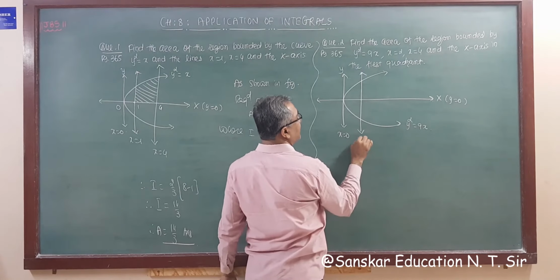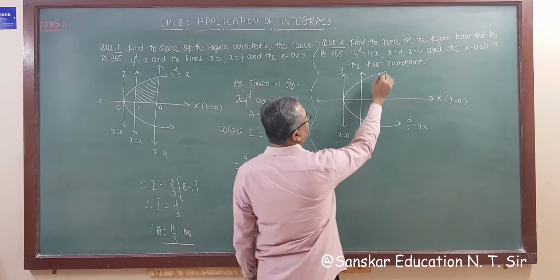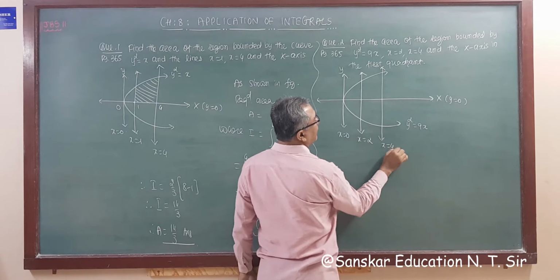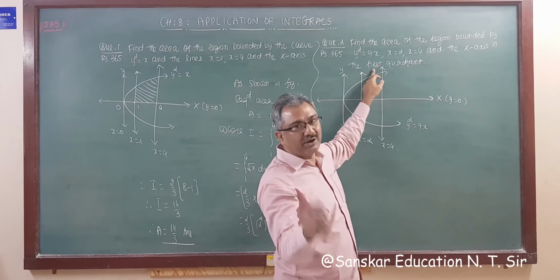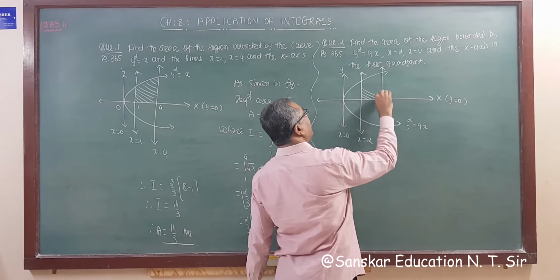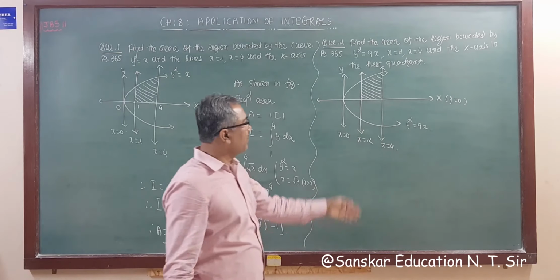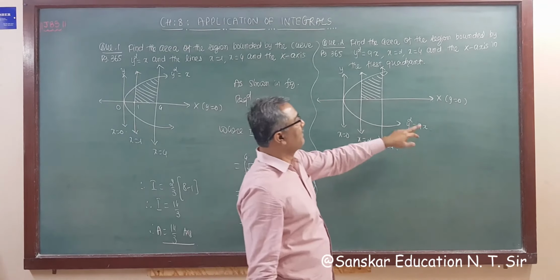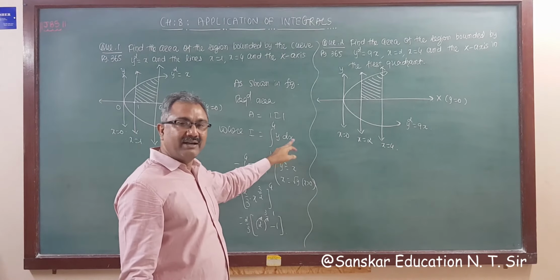No need to take a measurement, okay, no need to take a scale. Draw the figure, right? And this is the line x is equal to 4, right? So y square is 9x, x equal to 4 and the x axis in the first quadrant. It said that you have to find out the area of the first quadrant only. So this is the first quadrant area. So the same thing we have to do, integration 2 to 4 y dx.